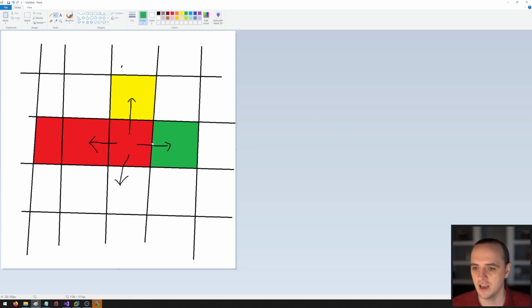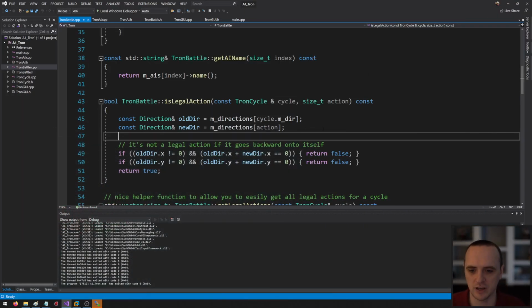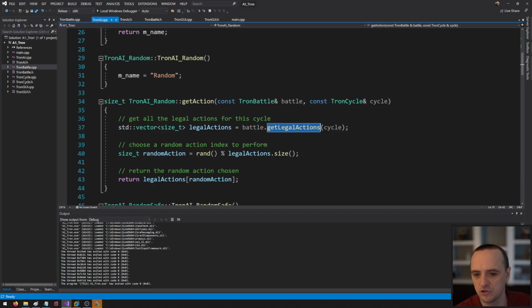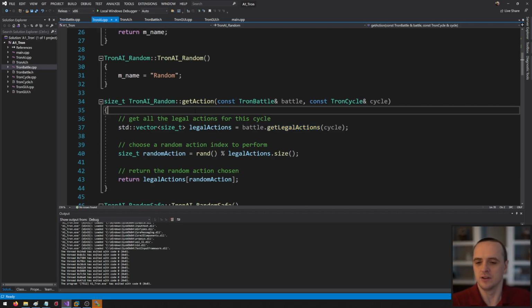So again, if you are right here in this red spot, moving back into yourself, the opposite direction that you just came, is not legal. So if we look at that in the code, it just basically says, don't move back into yourself. Okay? All right. Now, if I go into Tron AI, the random Tron AI is going to say, get me those legal actions,